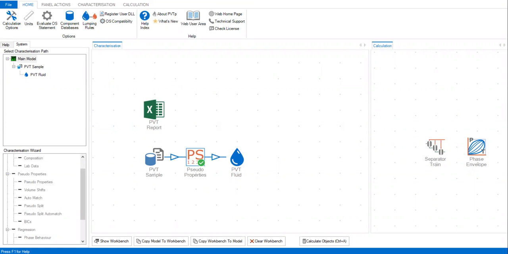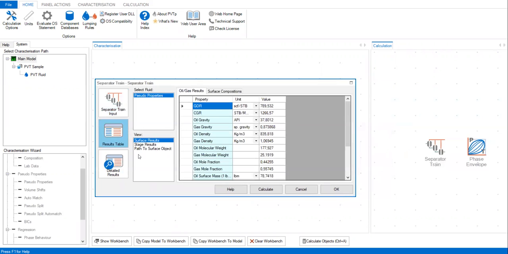So we'll continue our learning on PVTP software for compositional oil modeling. And in the previous video, we have achieved, relatively speaking, good matching for GOR, for liquid density, as well as for the saturation pressure. Although we still have room to improve the quality of the matching. For example, if we open this,